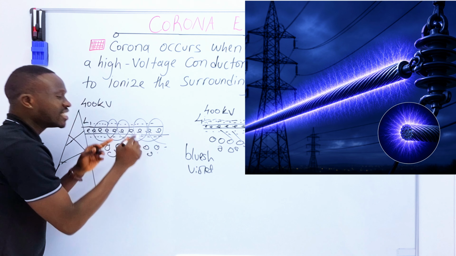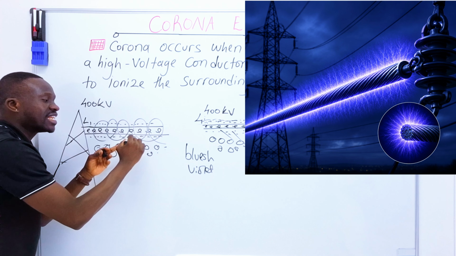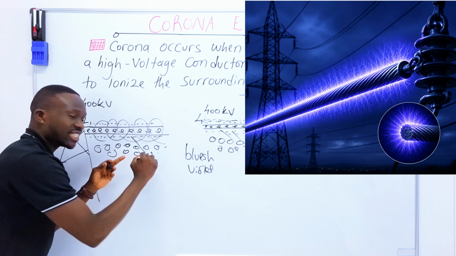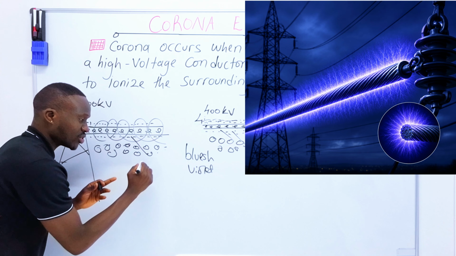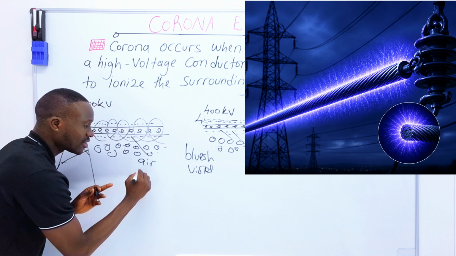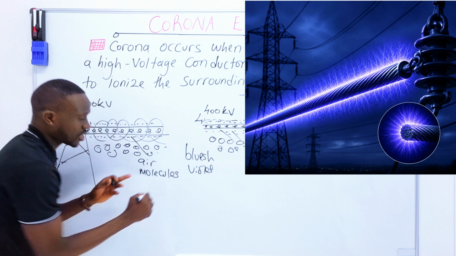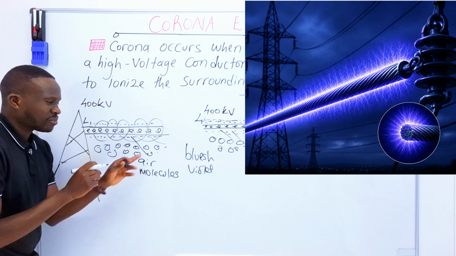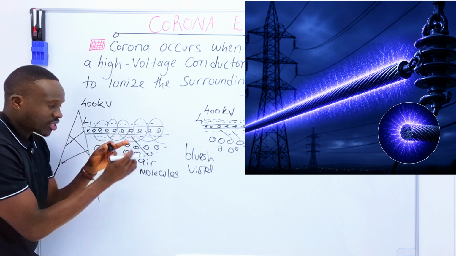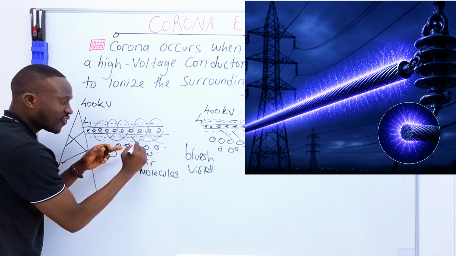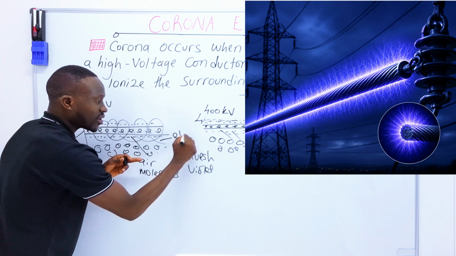And this strong electric field may collide with the air particles, the air molecules. Let us call them molecules. The air molecules are small, and when they collide together, the air molecules and the electric field,